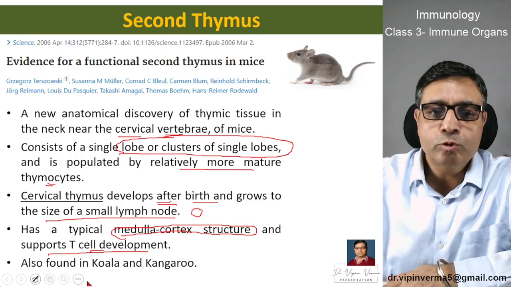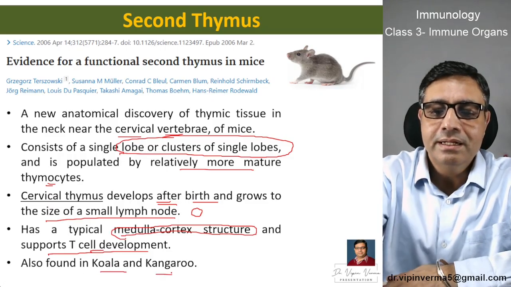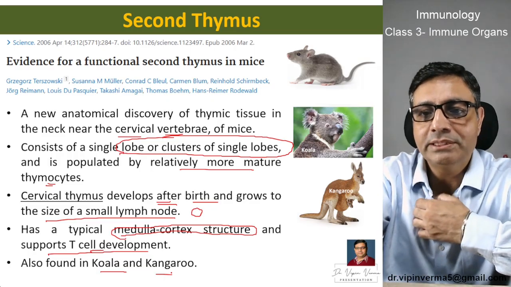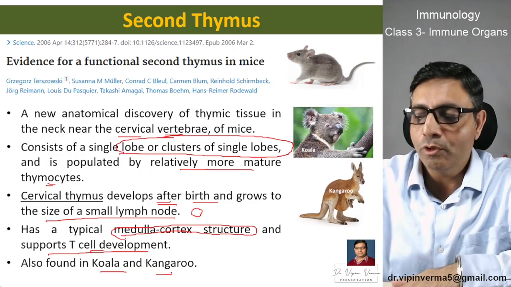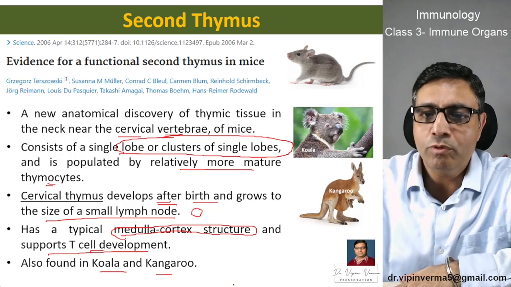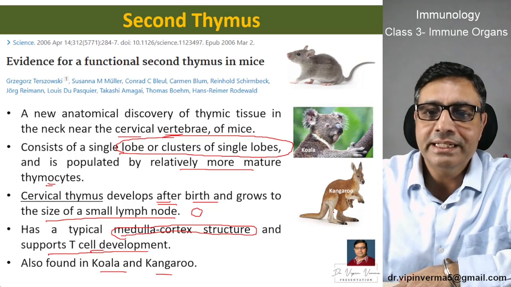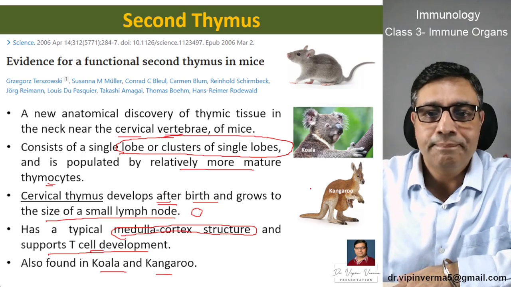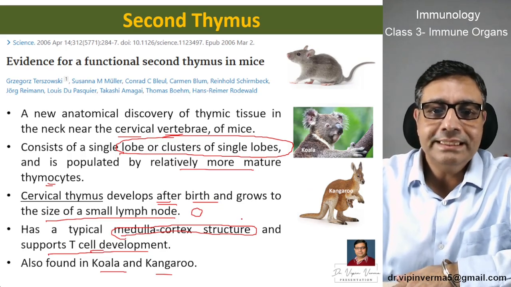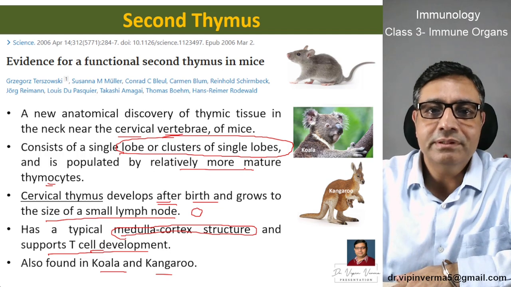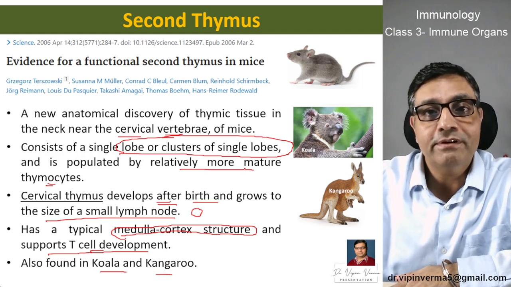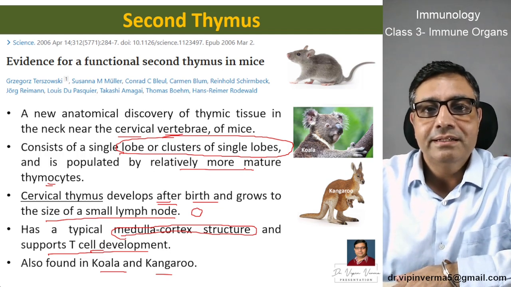It is also found, apart from mice, in koala and kangaroo. So here you can see the picture of the koala and kangaroo, and both are found majorly in the Australian region. Okay. Now, since this is the second thymus, then if you remove the first thymus, then the mice